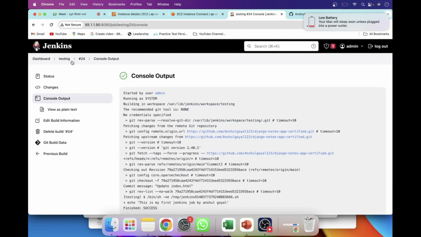प्रोजेक्ट नेम अभी मेरा गया हो तो प्रोजेक्ट नेम क्या है? टेस्टिंग है। ओके, तो it will create a testing folder. In the testing folder, it will contain all the things regarding this project. ये तो समझ में आया।